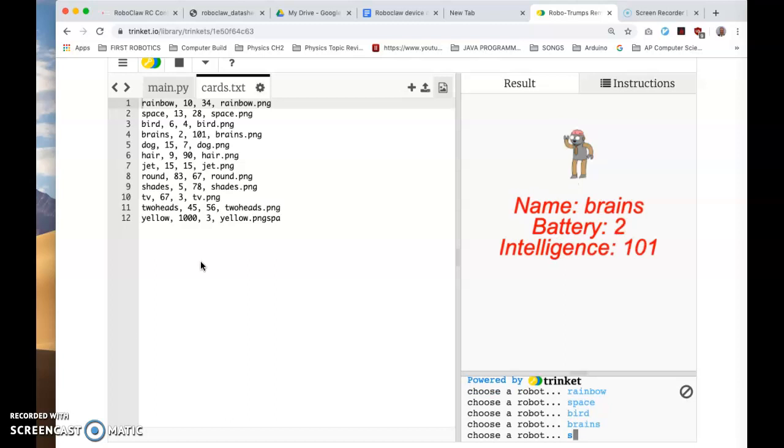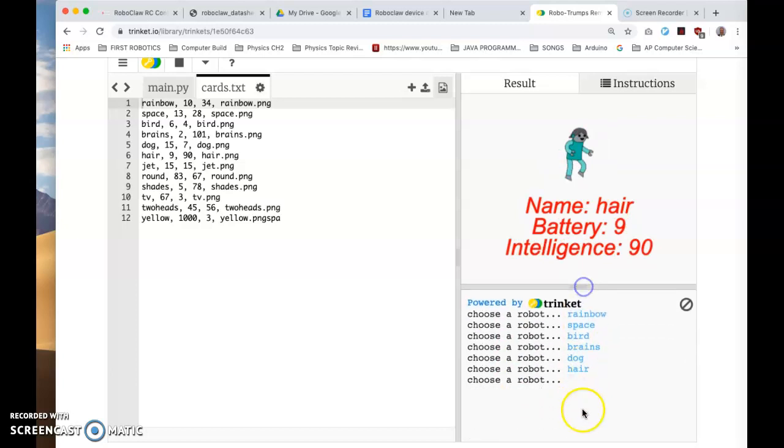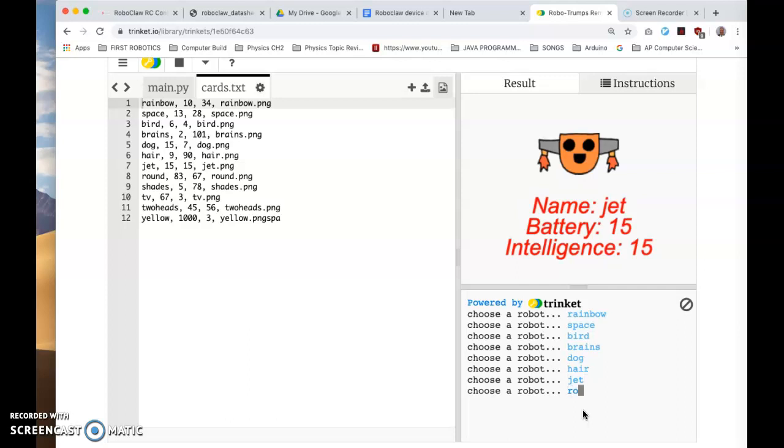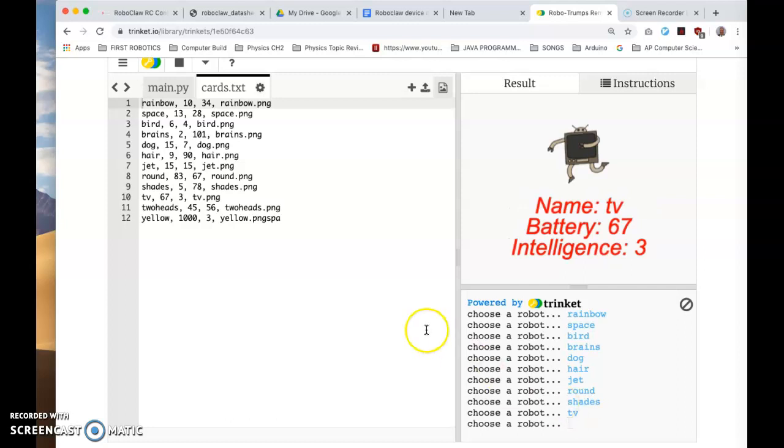Sorry, I keep bumping the off button on the video machine. I have brains, and I have dog. Okay, and I have hair. Okay, and hair, and I have jet, and I have round, and I have TV, and I have two heads,